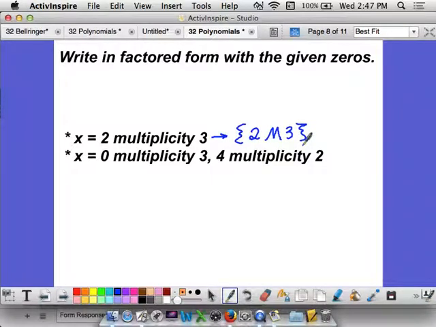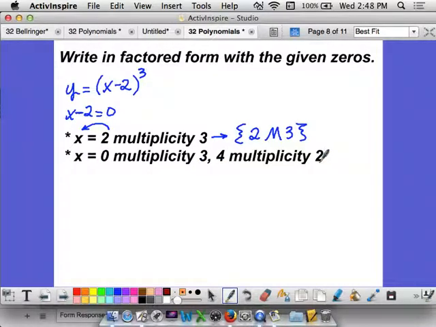I'm going to work up. So I have that x is equal to 2. I'm going to bring this over, and I have x minus 2 is equal to 0. So there's my term right here, my 0. Since I know it has a multiplicity of 3, when I write this in factored form, instead of writing x minus 2 three different times, I just know that it's going to be cubed, or the multiplicity would be 3. Working downward, for this one right here, it says x is 0 with a multiplicity of 3